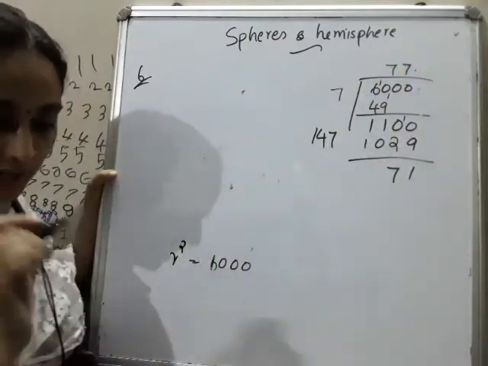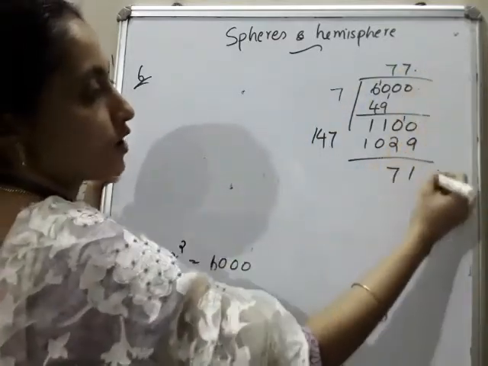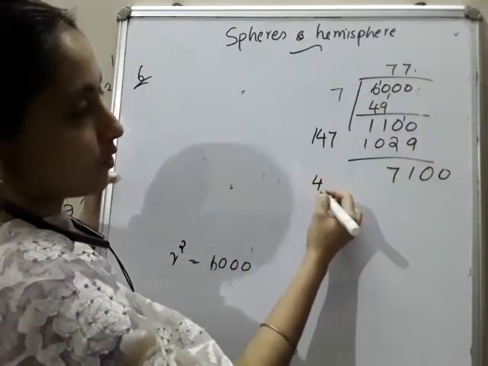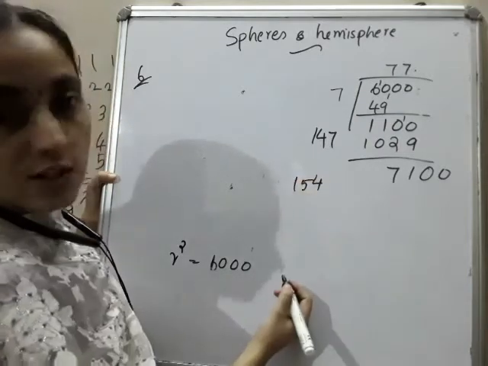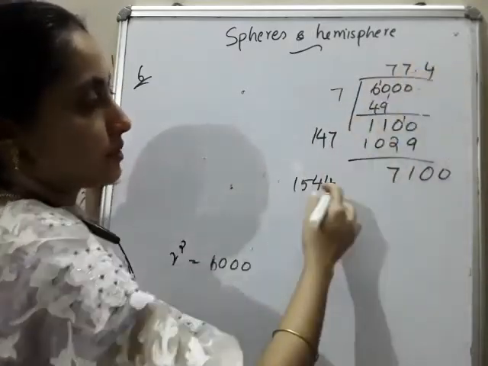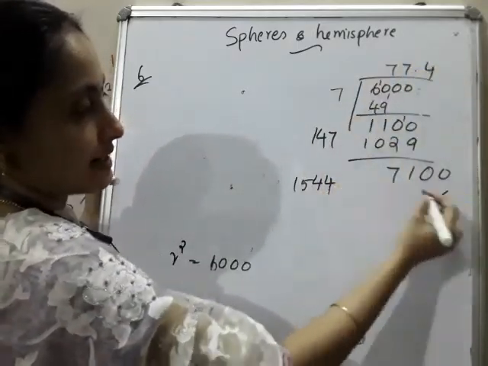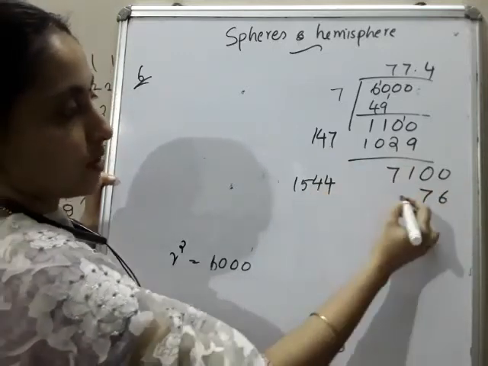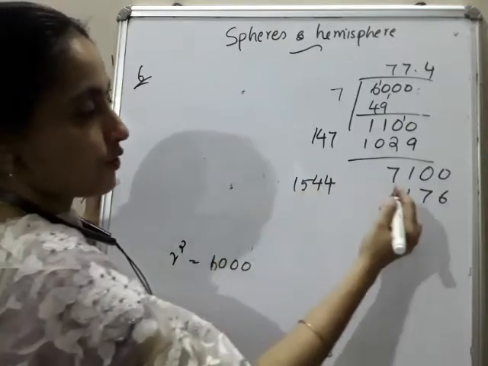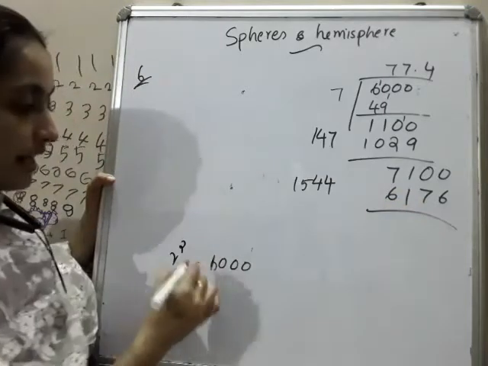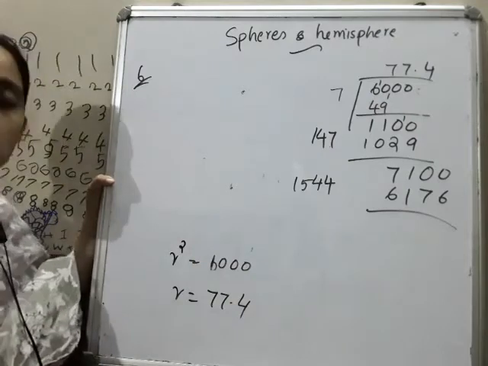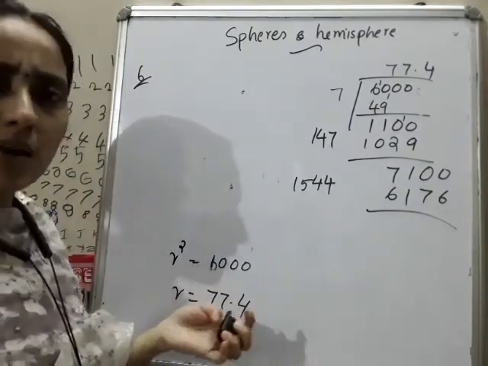So you have to put the point here. Okay, and then you have to put 2 zeros. So 77, double of 77 is what? 154. So which number will come? You have to find. Almost 4 will come. Multiplying 4 into 4 is 16, 6 remainder 1, and so on. Likewise, that is moving. So r will be equal to 77.4. The answer key I'll give as 77.46. No problem, only 77.4 you can write.